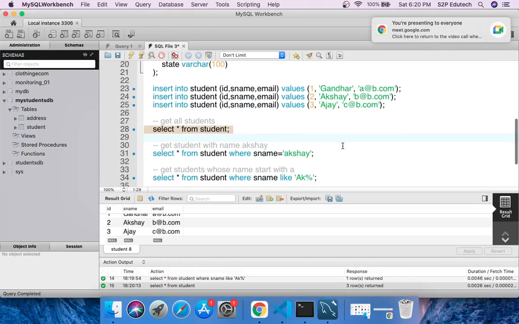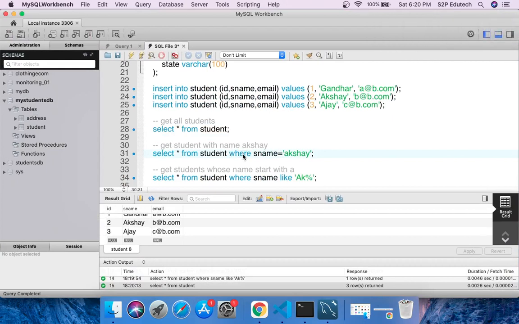Right, so what is the job of where? We call this a where clause. What is the job of the where clause? The job of the where clause is to filter the data. What does filtration mean? We have a large data, and out of that data we need to fetch some data depending upon a certain condition.